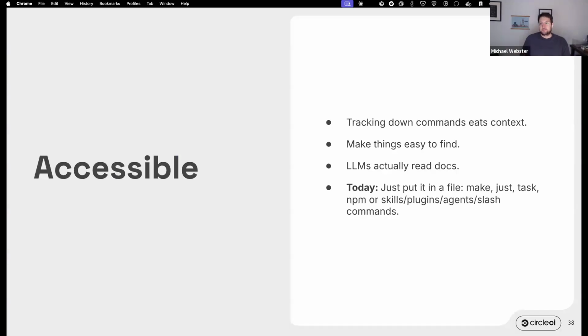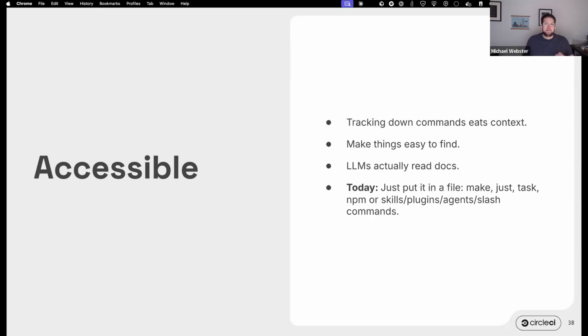Feedback also has to be accessible. This is the thing I think we lose sight of sometimes with LLMs. Tracking down the commands to run eats context, right? This is the lesson we learned with Chunk, our AI agent. We initially let Chunk figure out how to install dependencies and set up development environments. And in some cases, it could do that, but what ended up happening is we spent a lot of our time and our execution budget on trying to read through package.json files or CI config files to infer what was happening, right? Just finding the commands was consuming a ton of context for us.